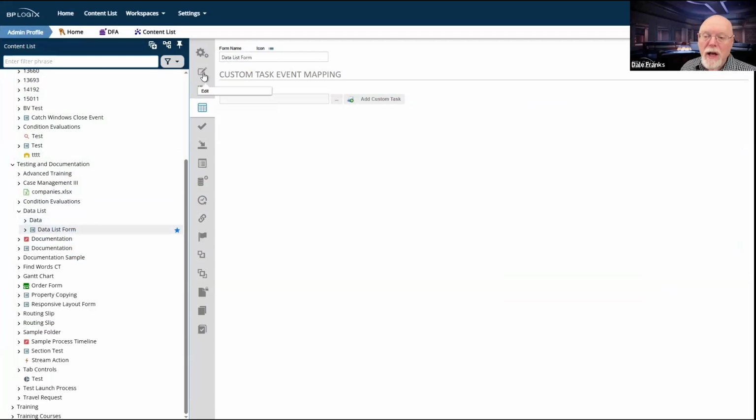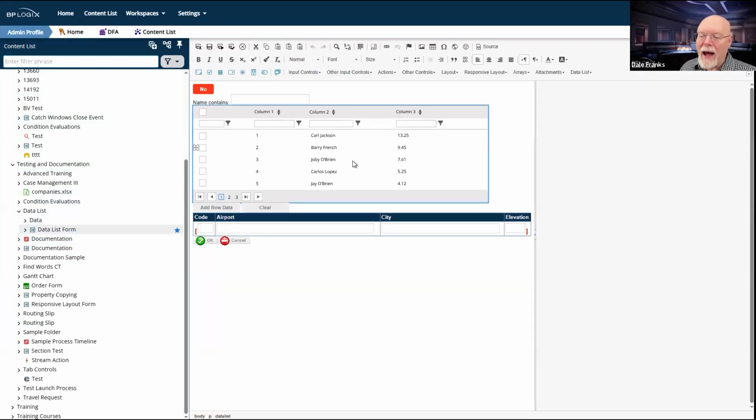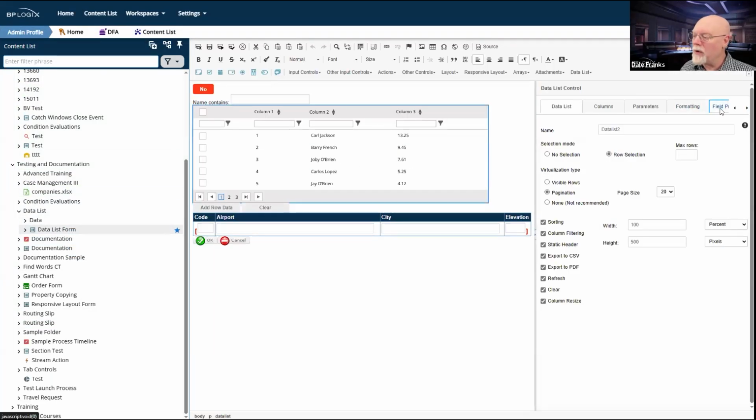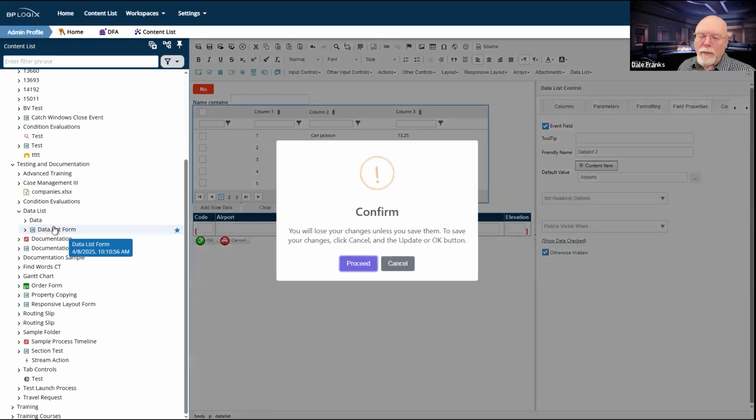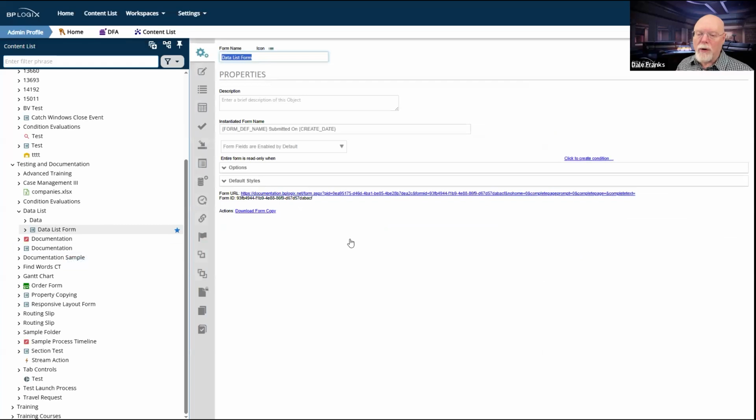Well, the easiest way, of course, to do that was to make this control an event field. So now whenever we look at the controls themselves and we go to the field properties tab for the control, we can see that it is now set as an event field. It's set as an event field because I set it as an event field, but the event field property now exists. And with the event field set properly so that you can use it as an event field, that means that whenever you do a set form data, you no longer have to refer to some sort of external button.